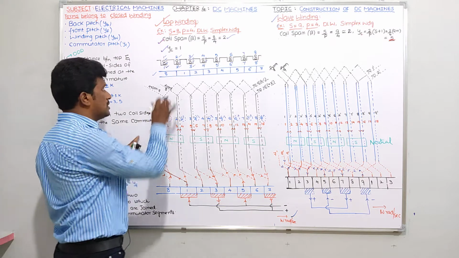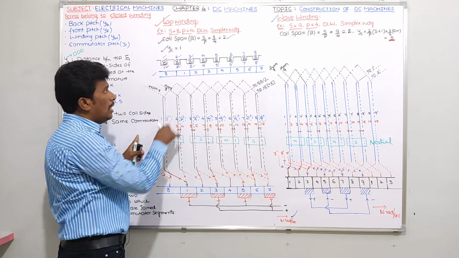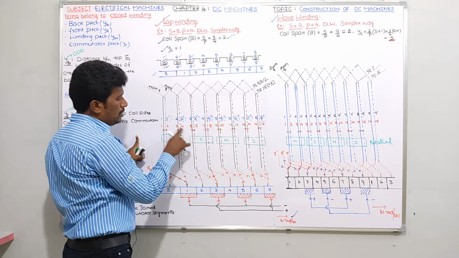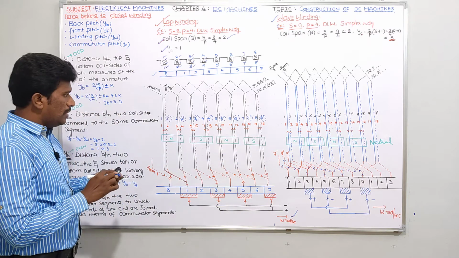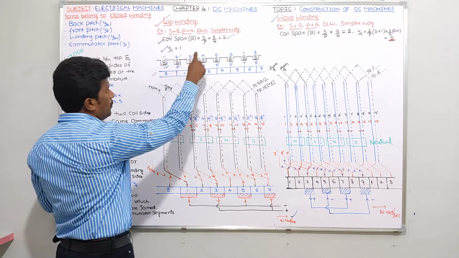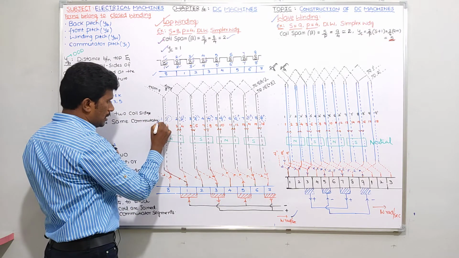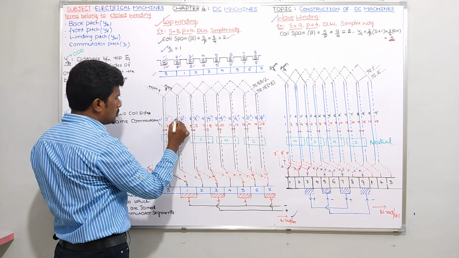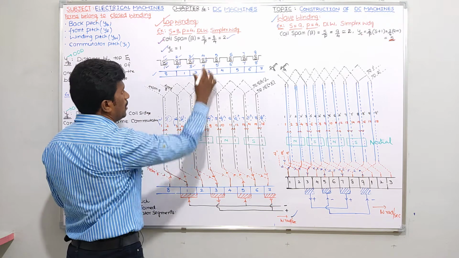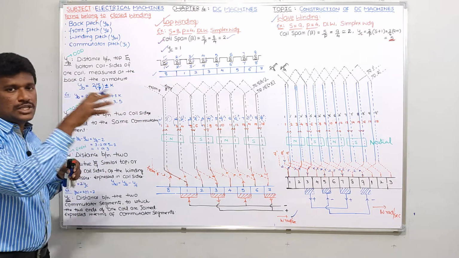So what I am doing is, conductor number 1 only, but 1 dash I just make it as 2 number, and whatever 2 conductor is there, that is becoming 3, and 2 dash becoming 4, so on and so on. If you observe clearly guys, what ultimately happening here, if you see top layer conductors like 1, 2, 3, 4, 5, 6, 7, 8, those conductors become odd numbers. If you see here, 1 conductor, 1 here, odd number. Second, 2 becomes 3 here, odd number. 3 becomes 5, odd number. 4 becomes 7, odd number. That means top layer conductors I just showed with the odd numbers.